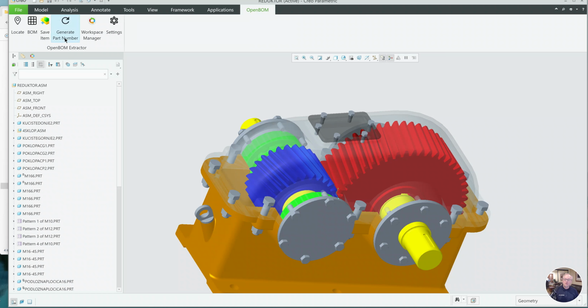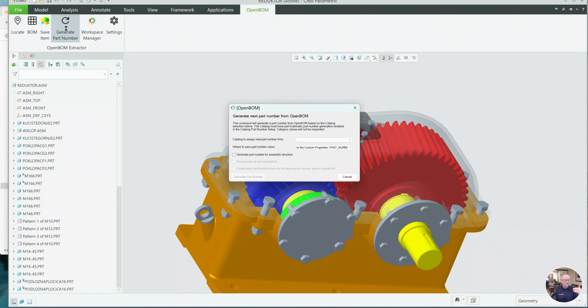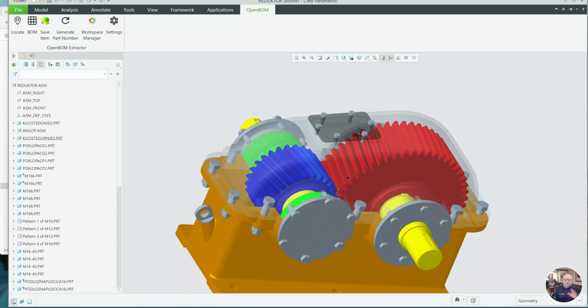Here I'm using Creo. Very important to repart number it because that first design is already in OpenBOM with those part numbers. So I use OpenBOM's generate part number. I specify where I want to get the part numbers from and go through all that, part numbering done automatically for you. Click the BOM button,